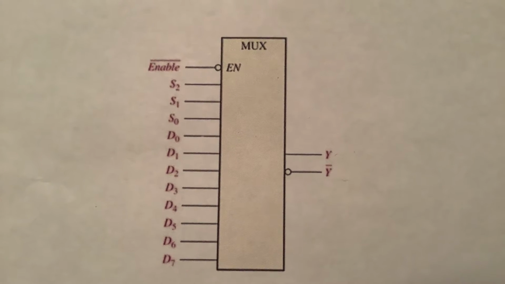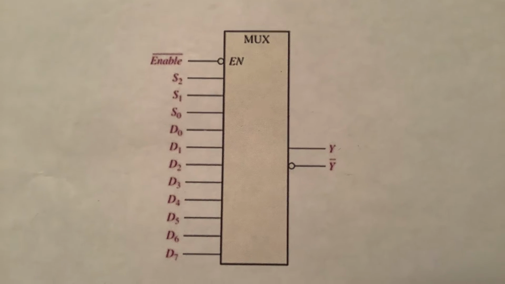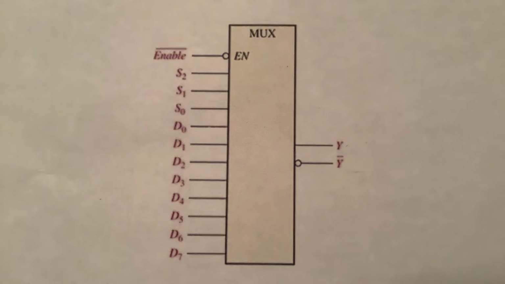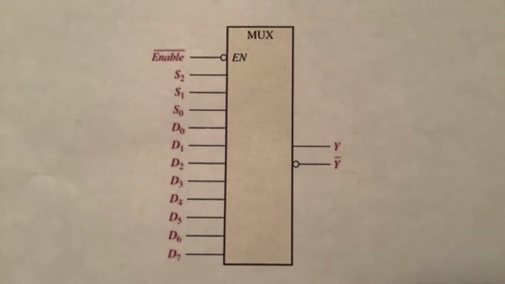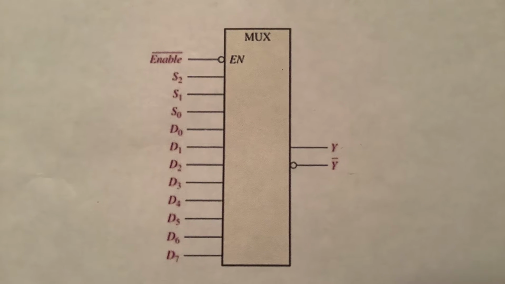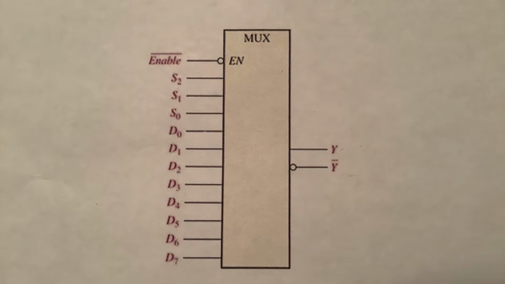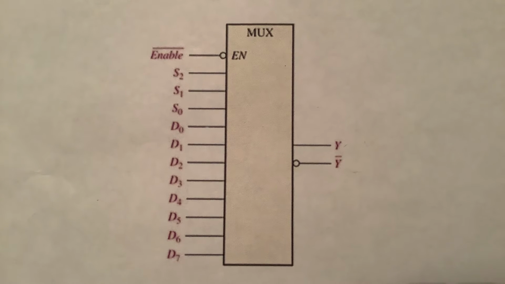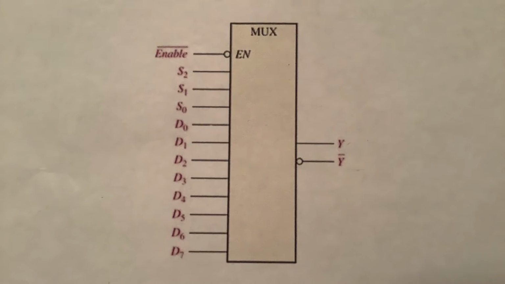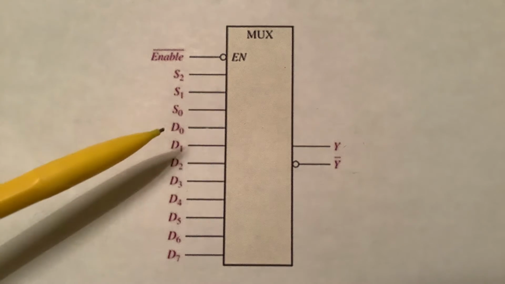Today I will show you how to determine the truth table for a 74151 multiplexer selector chip and how to wire it. As part of our presentation, I will be using notes from a lecture presented by Professor O'Donoghue of Chattahoochee Technical College. This is the logic diagram of a 74151